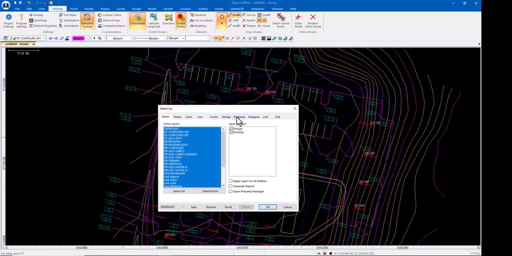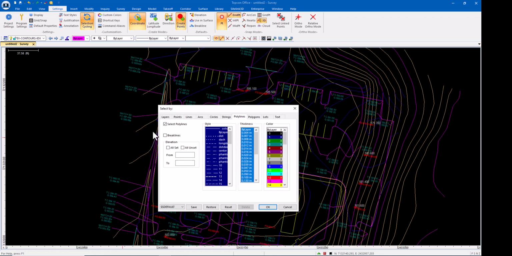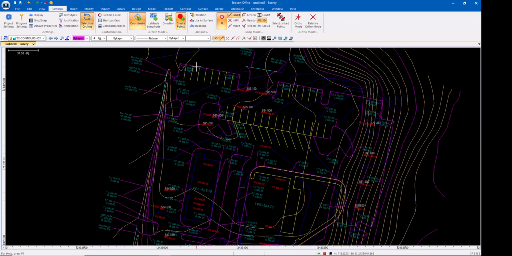Let's say I wanted to convert all polylines to string lines. I could say polylines. I don't want to do text this time. I want polylines. Select all polylines. I could give it settings, more specifically, what do you want to do? So these are the objects that are polylines. Well, that got everything. That's way too much. I really only want the polylines that are on this